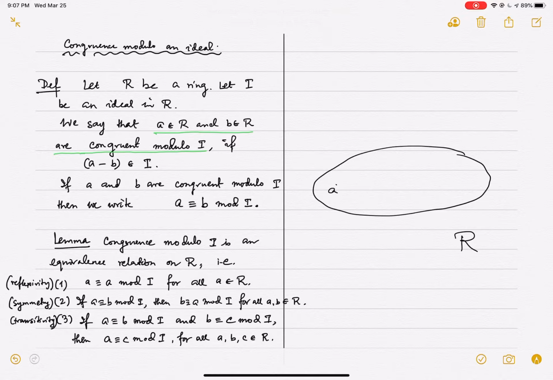If you give me an element, you have this relation, congruence modulo I on this set R. If you give me an element A of the ring, I can collect all the guys who are related to A. And that's called an equivalence class. And then I can take another guy which is not in that class, maybe B, and look at all the guys that are related to B. That's called another equivalence class. And these classes form a partition of R. This is a general fact about equivalence relations, pretty much the only fact that we proved about equivalence relations. Okay, so